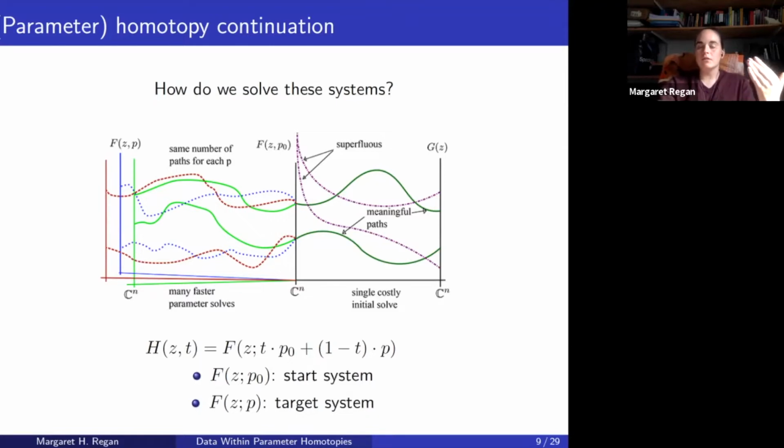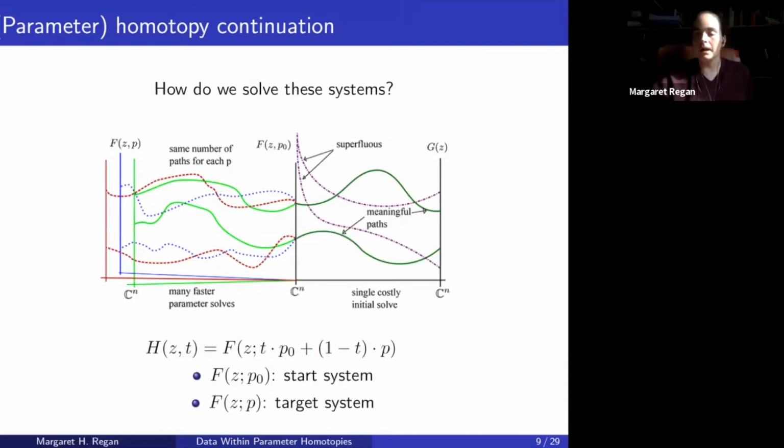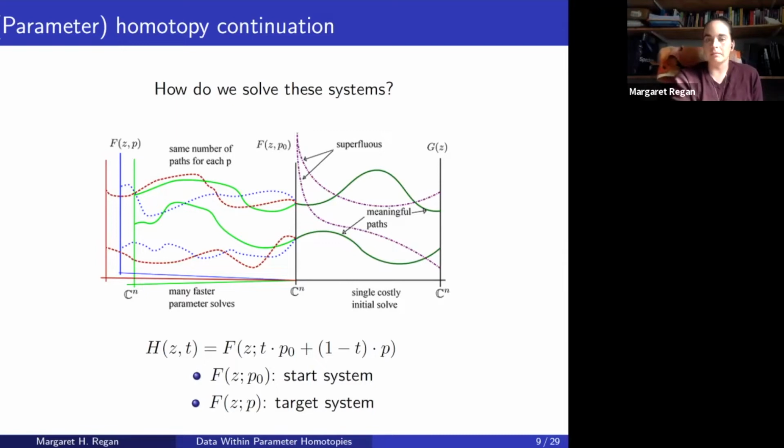And so we can create a situation where we're able to solve much faster for these different parameters. So we do this once, and then we have the non-singular isolated solutions at f of z at p0. And then we're able to solve quickly for any other parameter point that we might care about for our polynomial system, for our example,